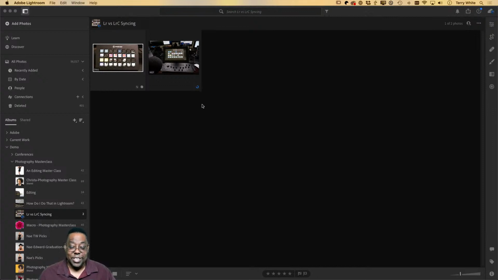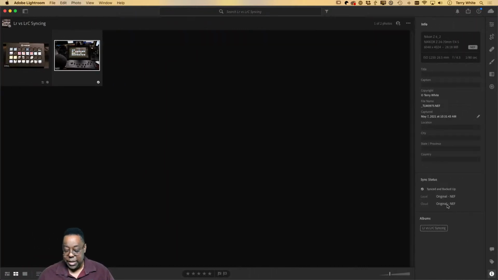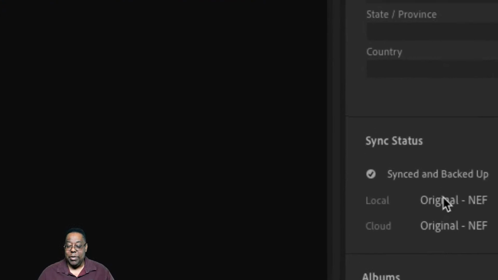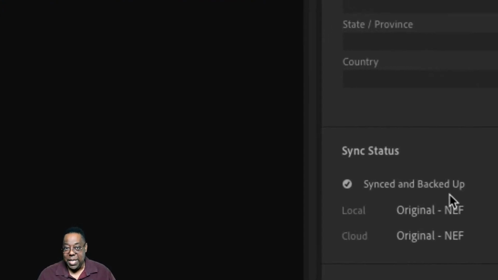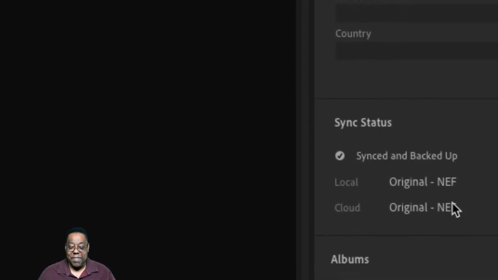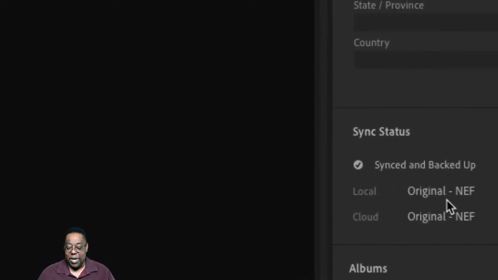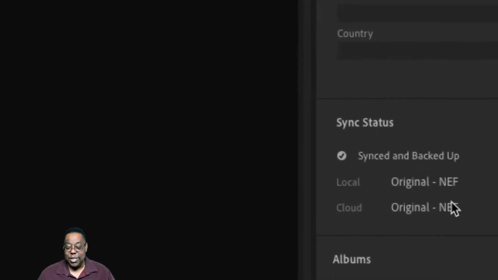And that will take as long as it takes on your internet connection, which is why we only took one photo, because we don't need to sit here waiting for 20 photos to sync up. So it shouldn't take too much longer. My internet connection is pretty fast. But once that photo has been synced up, then that photo, which it just finished, that full resolution, if we go click on it and we go to Info, it will say what it did. So it's synced and backed up the original NEF file locally on the drive so far, and cloud has the original NEF file.